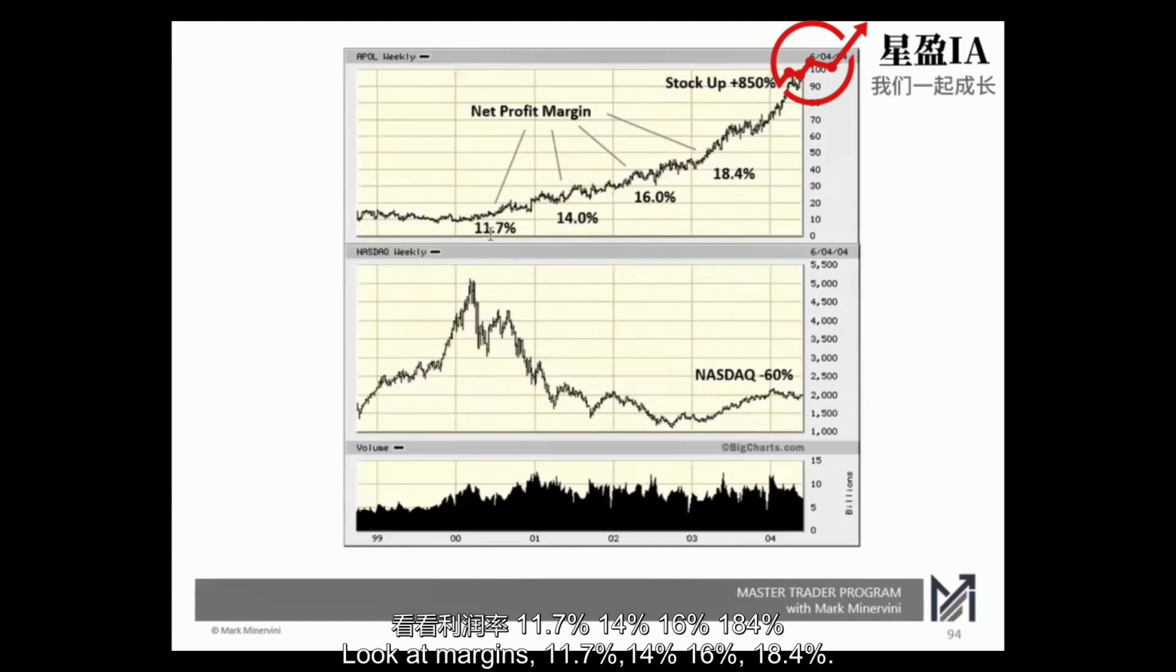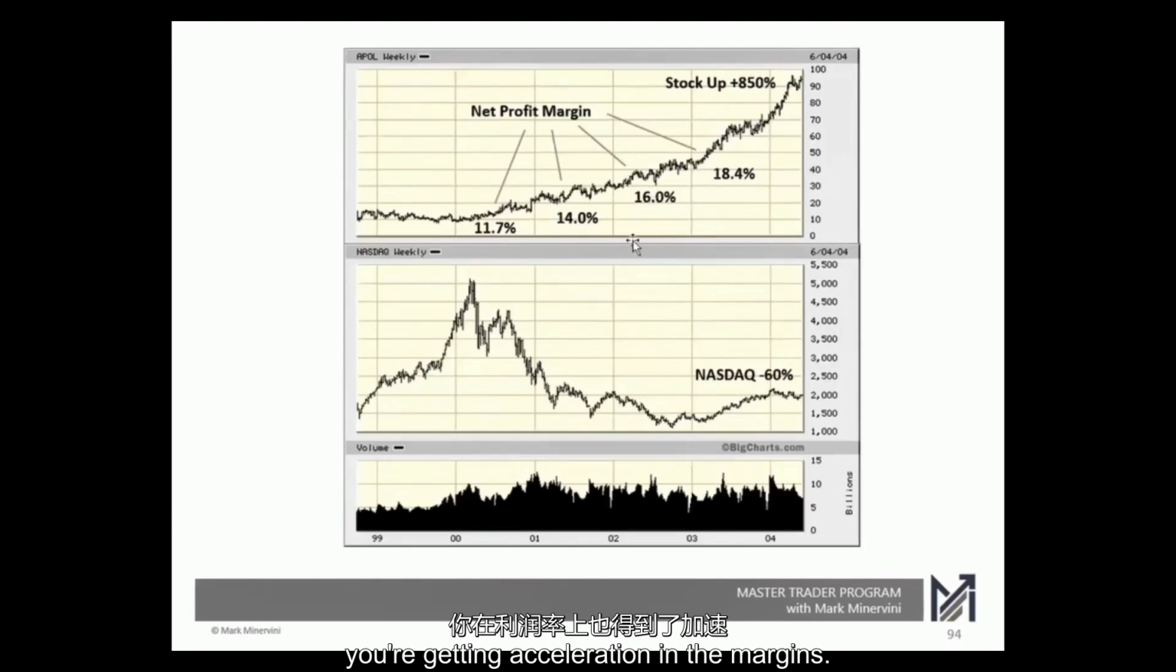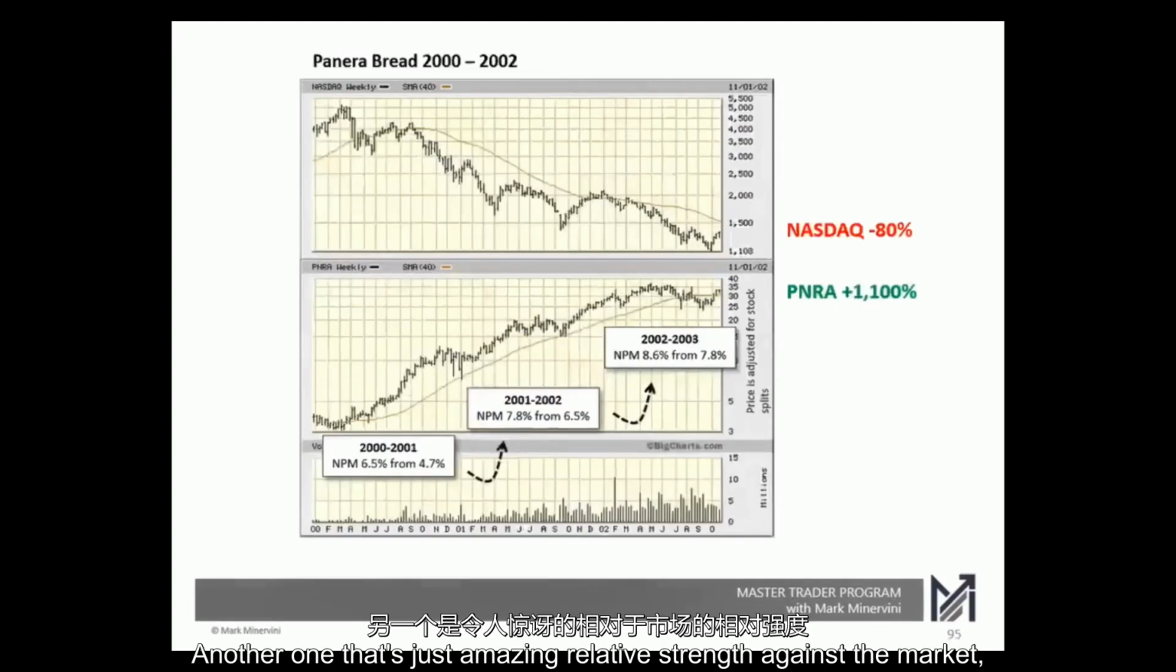Look at margins: 11.7%, 14, 16, 18.4. So you're not only getting acceleration in the earnings and the sales, you're getting acceleration in the margins. And all of this compounds each other. And I'm going to show you that in just a second. Let's look at Panera Bread. Another one that's just amazing